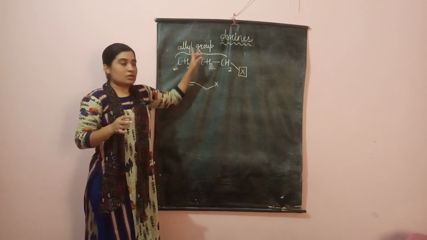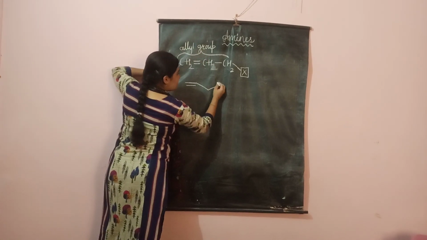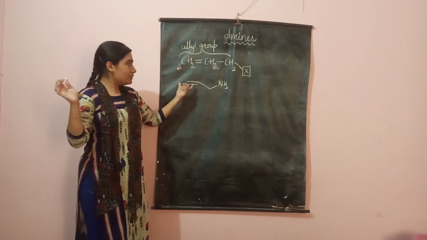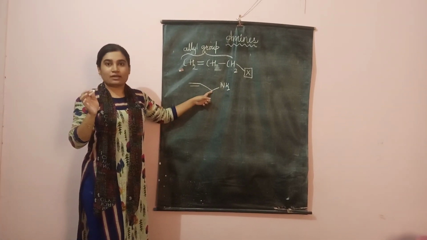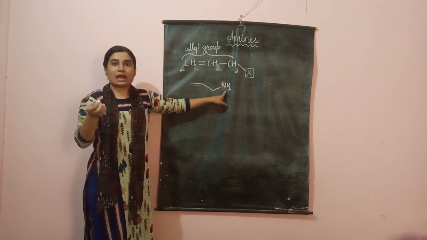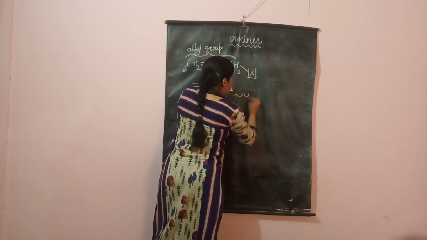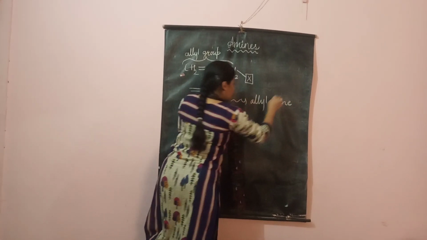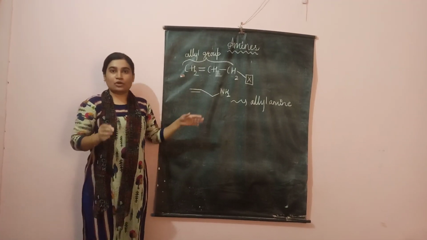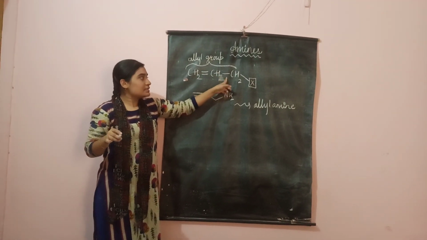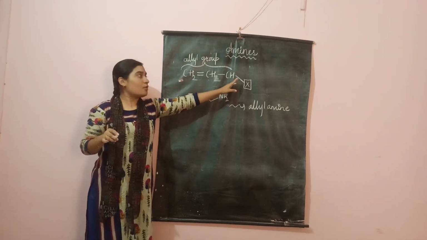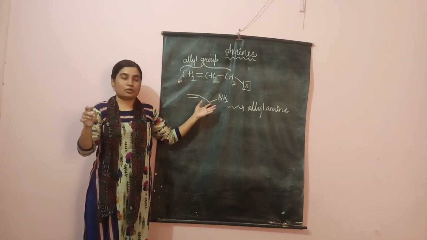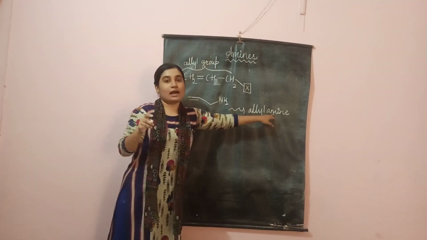ALLYL, allyl group. So now let me take the example. I will replace this X by NH2. So the common nomenclature for this will be, allyl is known to me now. Double bond followed by CH2. So I have got the name allyl. Since I have NH2, I will be writing it as allyl amine. So I hope you have understood what is an allyl group. Double bond followed by CH2 followed by a functional group, or till this part I call it to be what? Allyl group. Double bond followed by CH2 is an allyl group. Since I have NH2, I have written allyl amine.